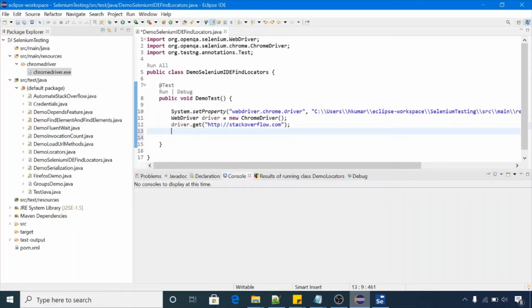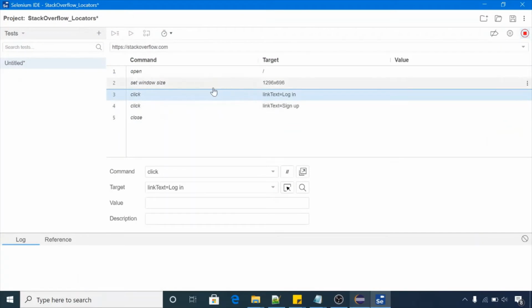For that you can just go through these commands, the command area, that is recorded by Selenium IDE when you perform some operations on the website which is opened by Selenium IDE. Now you want to click on this login button, right? So this is the command to perform login click. Click on this command, and from here, this is the target.